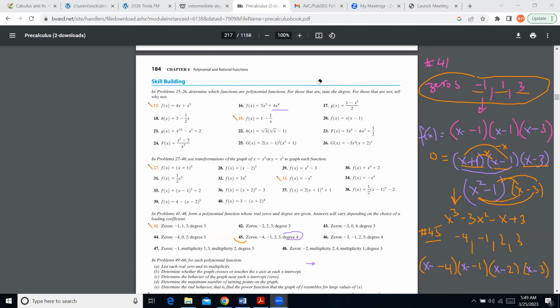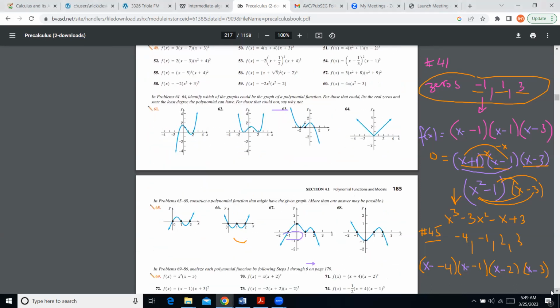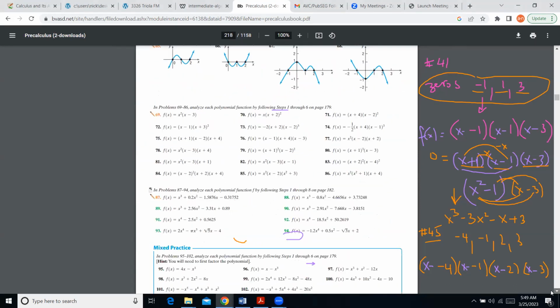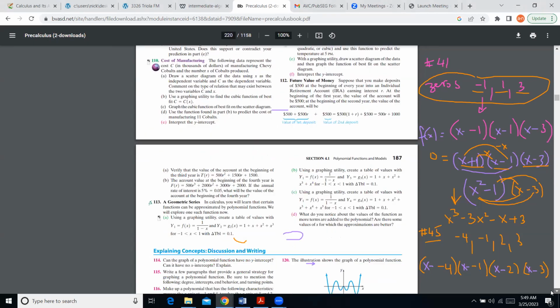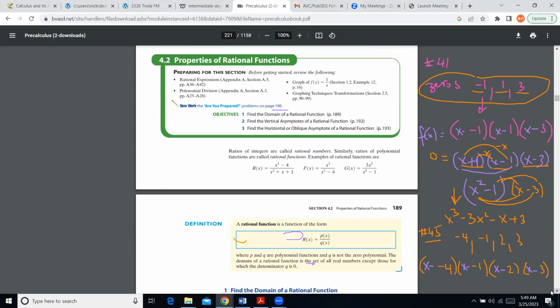So zeros give us factors and factors give us zeros, so this is like a dual procedure. I'd like to see what's going on in the next section, in section